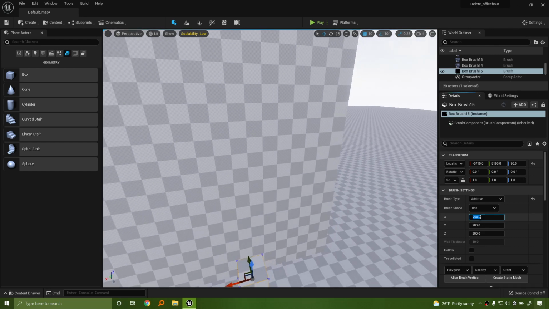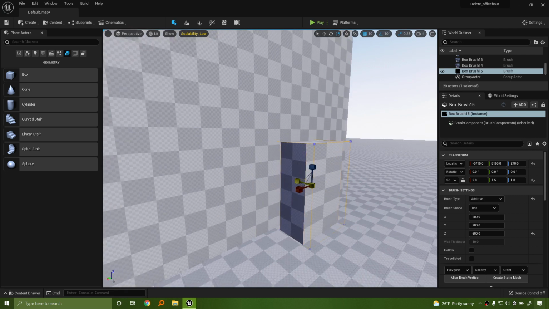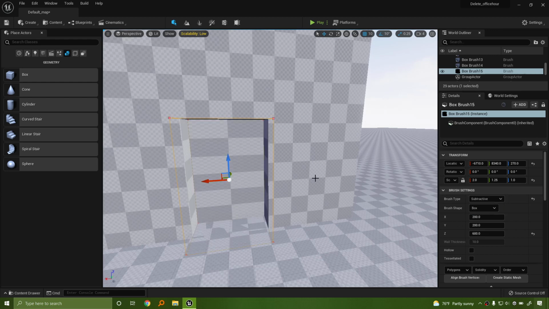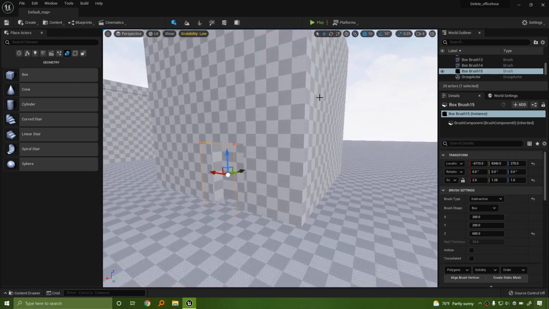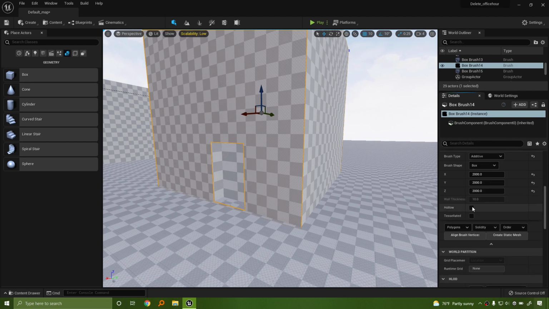So let's do 600 centimeters on C. And since I'm just going to be using this as a cutout, I don't care if the texture is stretched, so I'm just going to manually set that up. And I'm going to make sure that this is set to subtractive. Cool. Okay. If we select the original box and we scroll down to its settings, we have the ability to set hollow. Watch what happens.